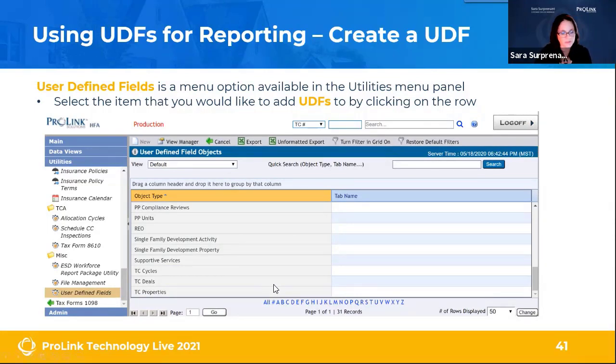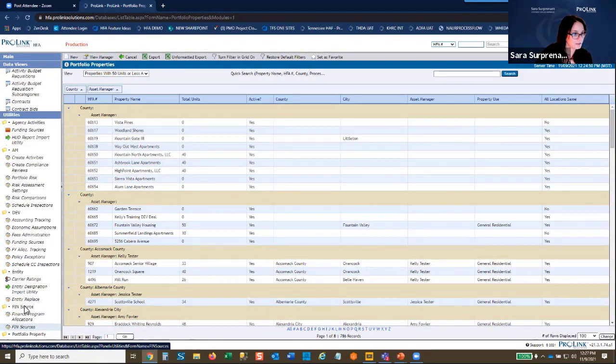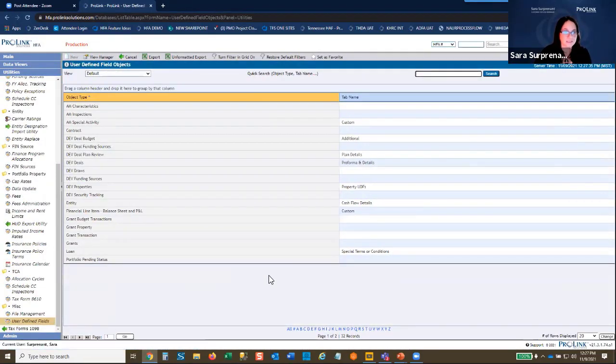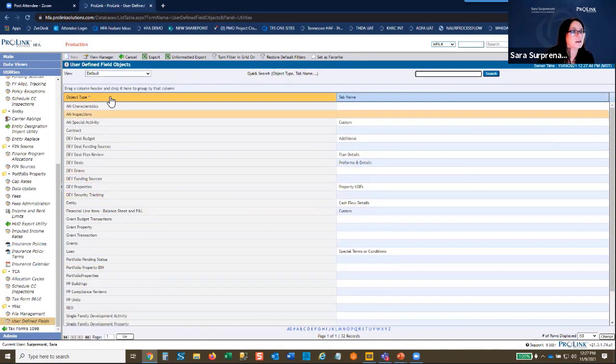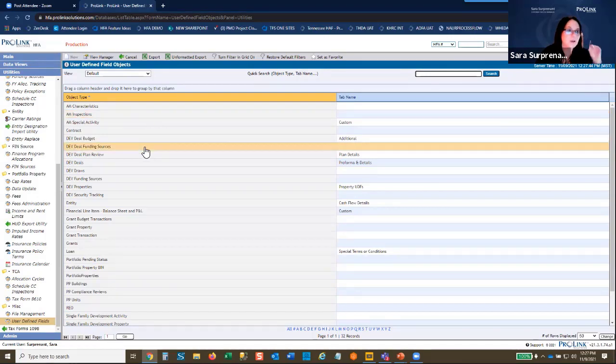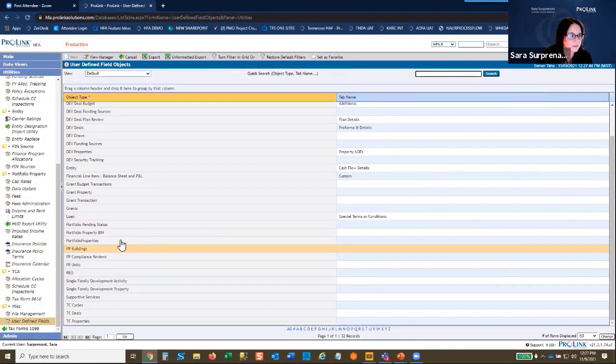So what that looks like in here, oh gosh, I might sneeze, so I apologize in advance. You have your main screen, the utilities, and then down here at almost the very bottom, we have user-defined fields. Now, when you click on user-defined fields in the utilities, it's going to show you all the objects that exist. Let's change this to 50, since currently we only have about 32 in here. Basically, it's the screen where you're going to find those custom fields. We call them an object, but it's the screen, like edit dev properties, edit dev deals,